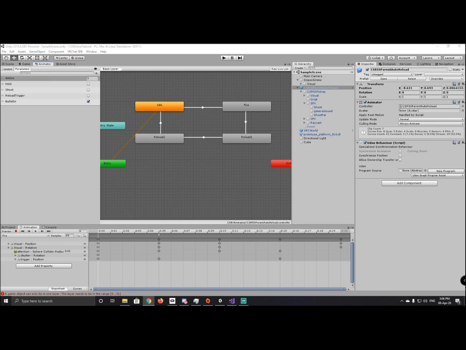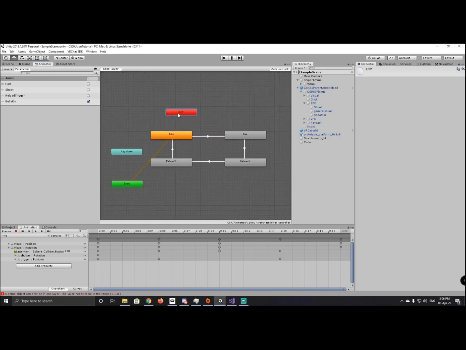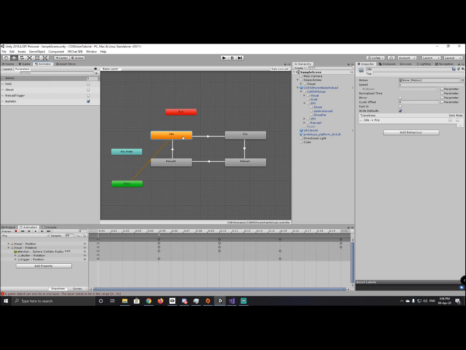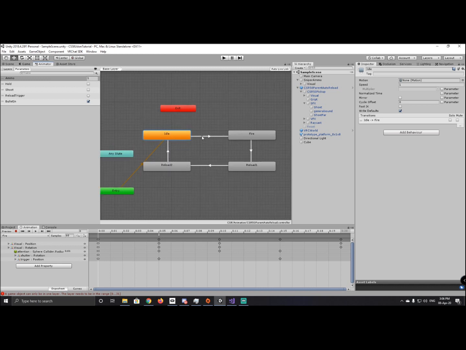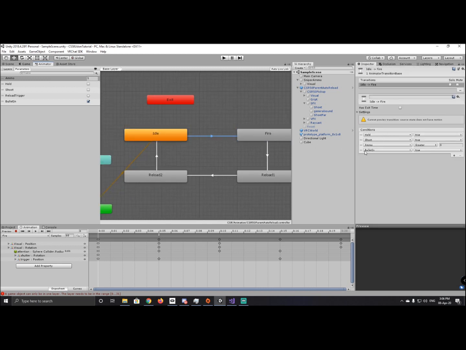Now, let's talk about base logic. Remember, there are thousands of ways to do the logic. In my own way, I showed today. I borrow the animator state to switch animation and tell what the gun should do. For example here, from the idle state, which is nothing, we'll switch to the fire state, which plays the fire animation